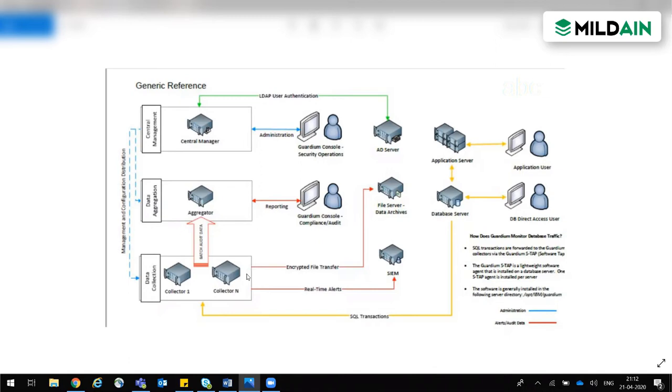Now we have the collector. The primary job of the collector is to collect data from the database servers, so data collection is the core mechanism of the collector. Suppose we have collected the logs from servers to the collector. Now it depends on what policy we have configured on the collector. If we don't have any policy, that simply means we are capturing everything happening on the database server. That's not a good practice. We are supposed to capture only those things which are required, which are sensitive in nature, which can cause data leakage in the environment.